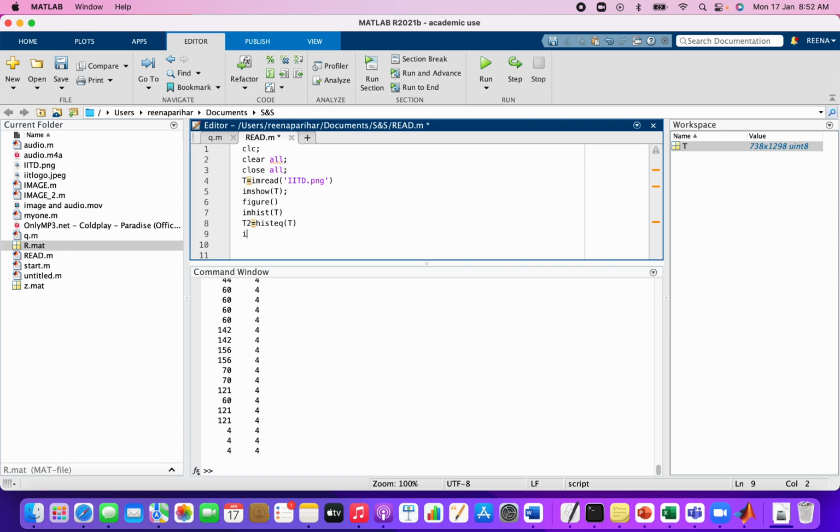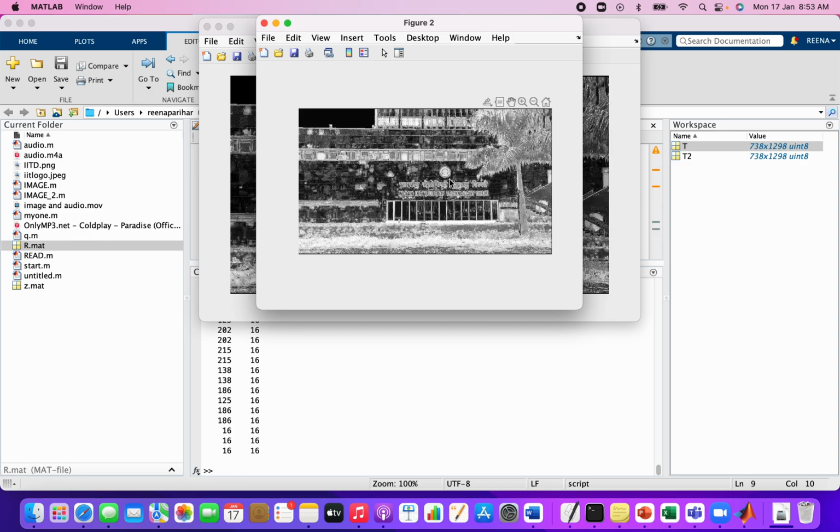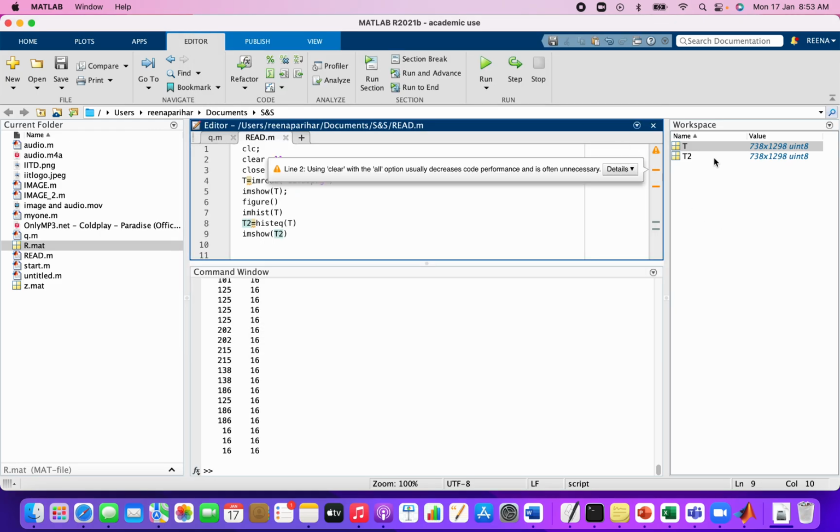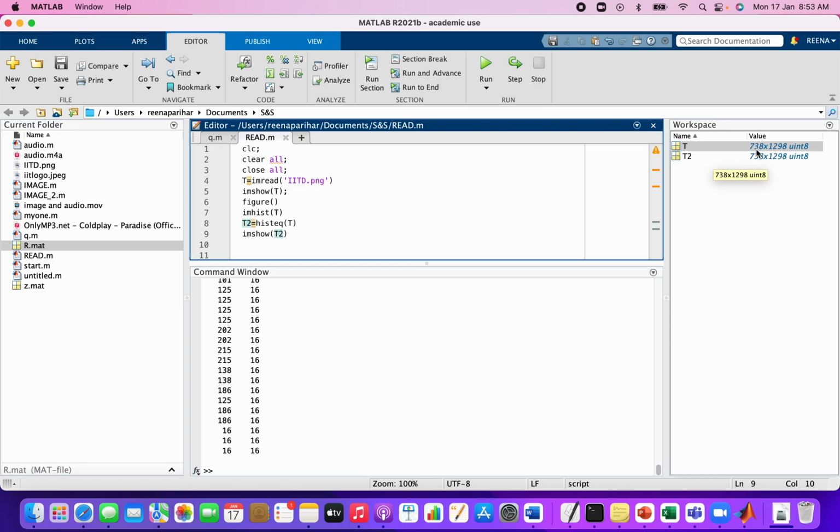And again, I use imshow to display this image. Yeah, so the contrast level is improved from the previous one. Basically, it will distribute the pixel intensity along the image. So you can work on a colorful image and see how the bit stream looks like at the back end, and see how the variables are there in the workspace.